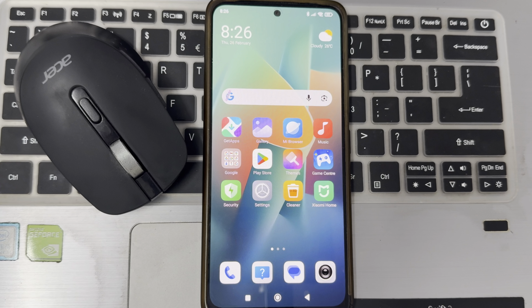First of all, you just need to open your Play Store and then tap on your profile icon in the top right corner and select manage apps and device, and select manage. And right now here you can see those apps already installed on my phone, and I don't want to delete them. I want to delete